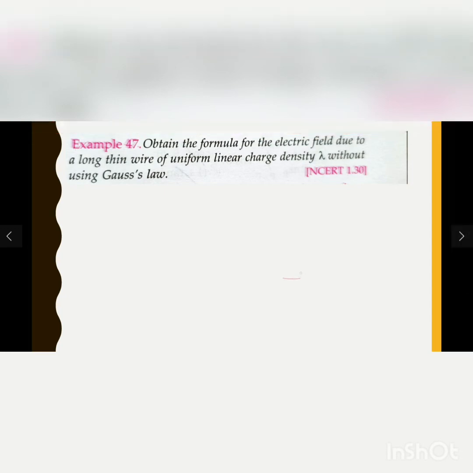So we are given a long thin wire, so what we will do is we'll consider a symmetric section of that wire. So we start from the midpoint of the wire. We take that midpoint of the wire as our origin. Why are we taking midpoint as origin will come clear in a while. So consider that we have to take contribution due to one small element dx, which is at a distance x from the center of the wire. We have to find out the contribution or the electric field at a point P. Fine. That point P is at a distance y from the center of the wire.